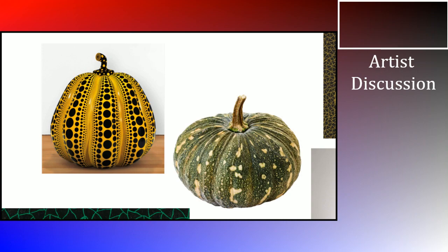Relating to that, I had kind of a theory about why. It might be stretching it, and it might sound bizarre, but I think maybe the reason the pumpkin was used is because the kabocha is grown in many different countries, like South Africa, the U.S., Mexico, Jamaica, and Chile. And her work has been in all those countries as well. The kabocha, of course, started in Japan, and then started being imported to other countries to be grown there as well. So in a weird way, this kabocha is kind of like her, a Japanese product that was sent overseas to grow and flourish in other